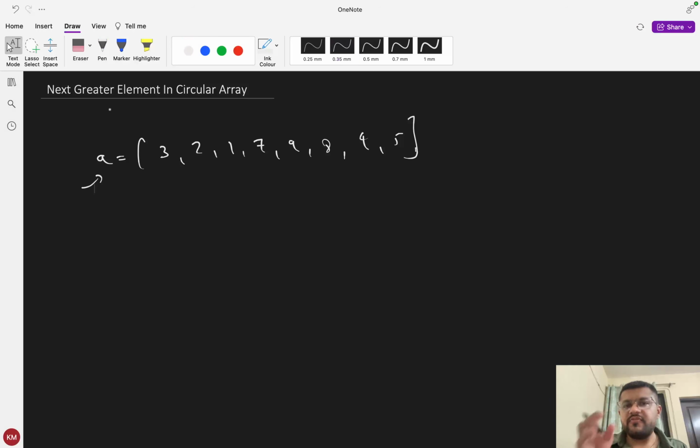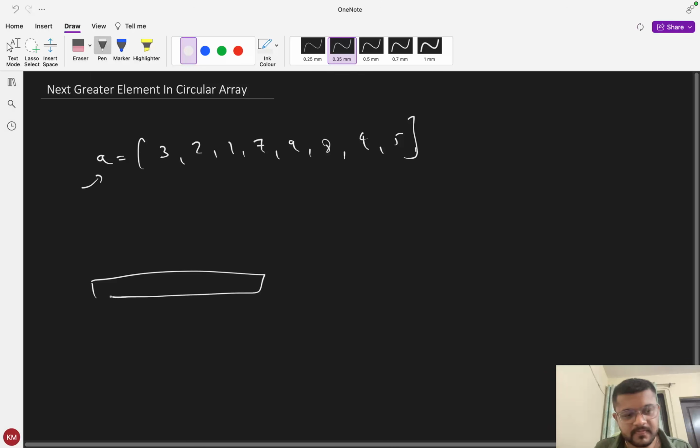ओके, नाउ नेक्स्ट ग्रेटर एलिमेंट का मतलब ये होता है that if I talk about a particular element which is at ith index, then moving from I plus 1 to n minus 1, when you move on the right hand side of the ith element, as soon as you get an element which is greater than A of I, it is the next greater element for the ith index element. What I am trying to say is, let's say you are trying to find the next greater element for the ith index element. So moving on the right hand side from I plus 1 to n minus 1, as soon as you come across an index there which has an element value which is greater than A of I, then this element would be the next greater element for this index element.